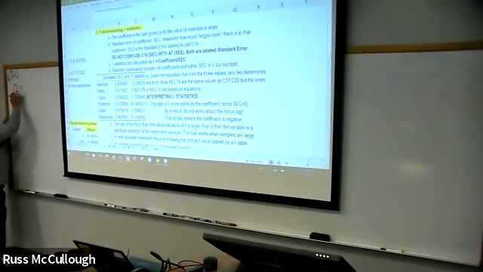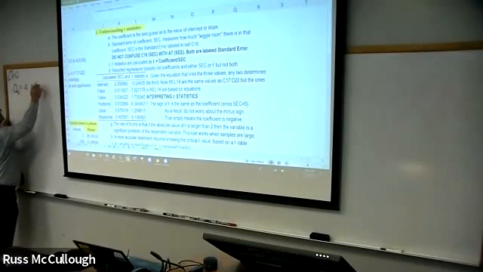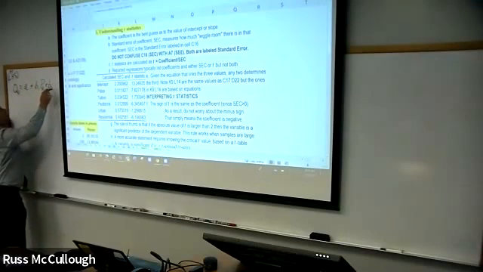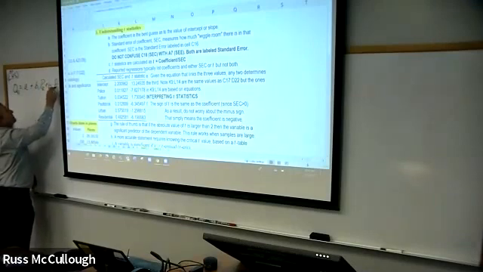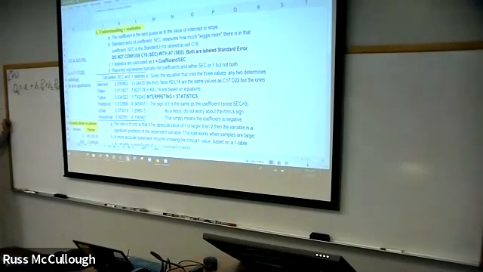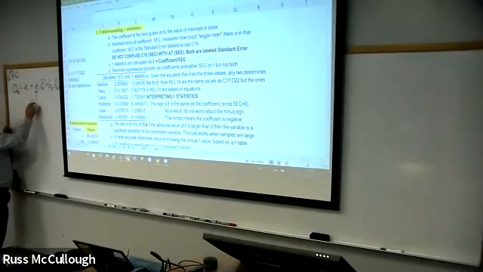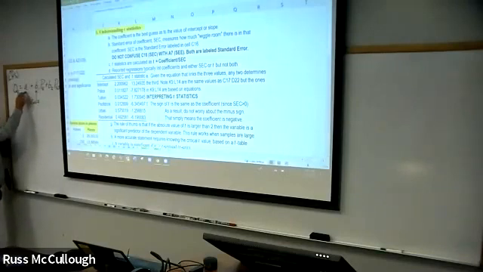Quantity of slices is equal to A plus B1 price of slice plus B2 price of soft drink. I'll stop there. So what is the coefficient? This part, right? That's the coefficient. And these are the coefficients.